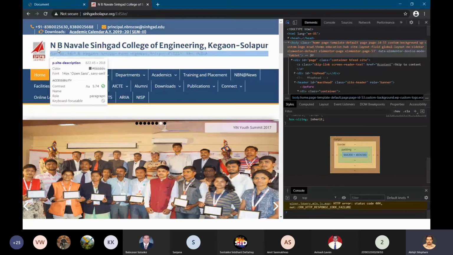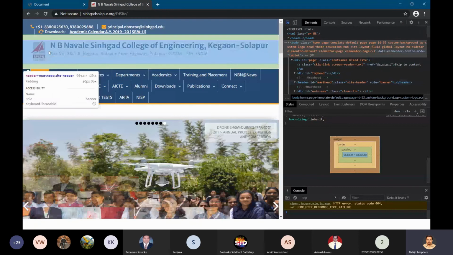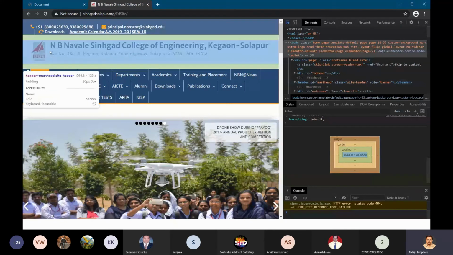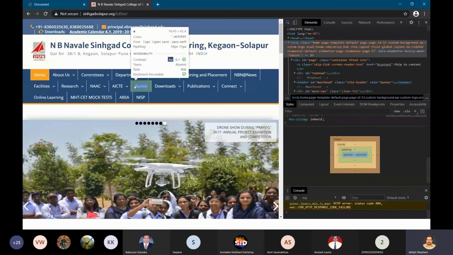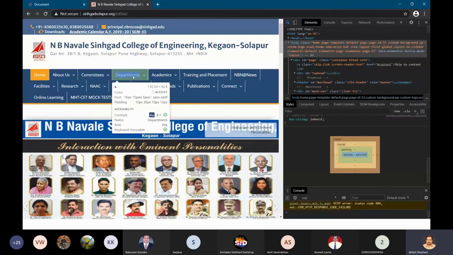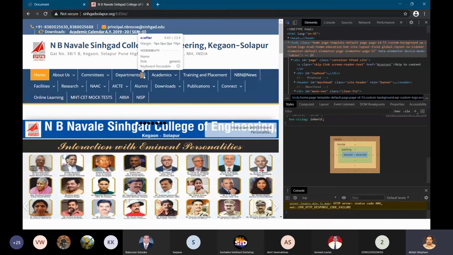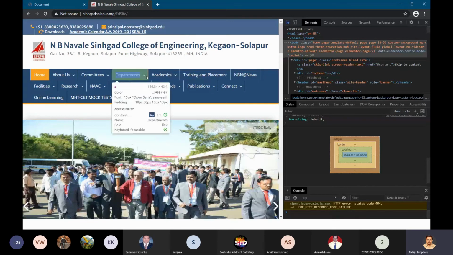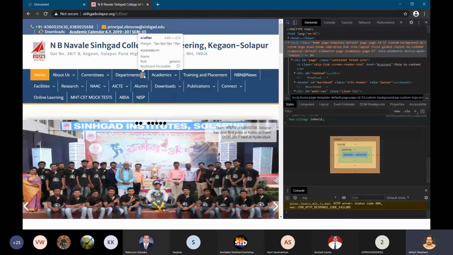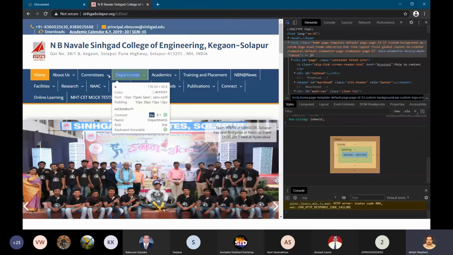So, what is the distance between these two? What is the distance between these two? This is what is decided by the padding and margin, right? For example, these are the two elements: this name string and this symbol. They are at a certain distance between them. So this is how it is decided by the margin, right?